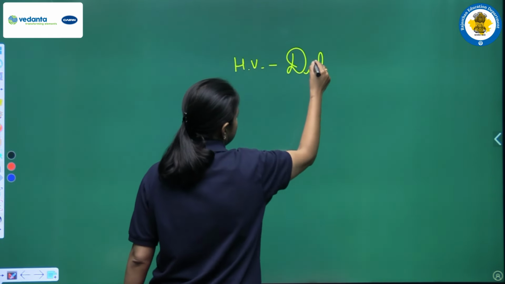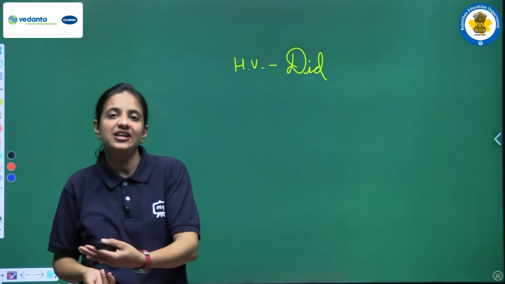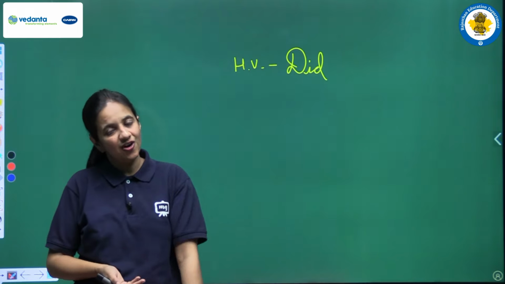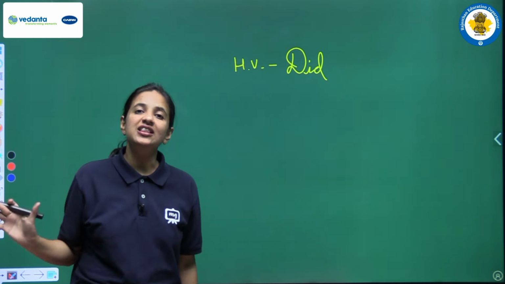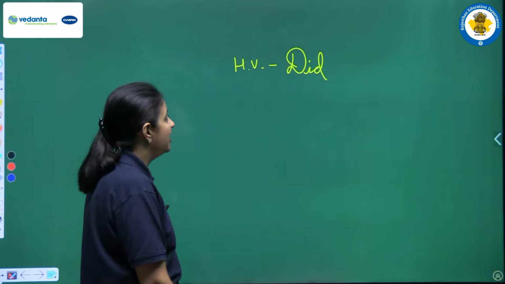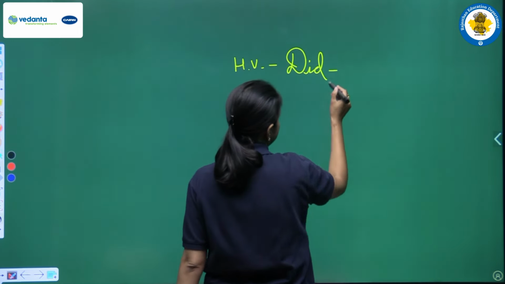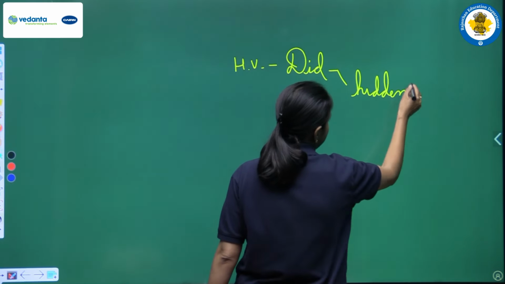And in this tense as a helping verb we are having only one helping verb, that is did. So no confusion regarding the helping verb, which helping verb we have to use in singular, which in plural, because we are having only one helping verb. So just use did for all the subjects, right? But we are having something tricky here, that did, it will be hidden. When it will be hidden?